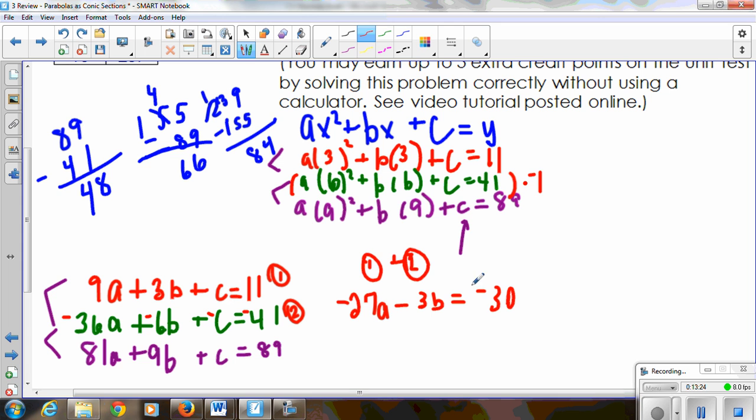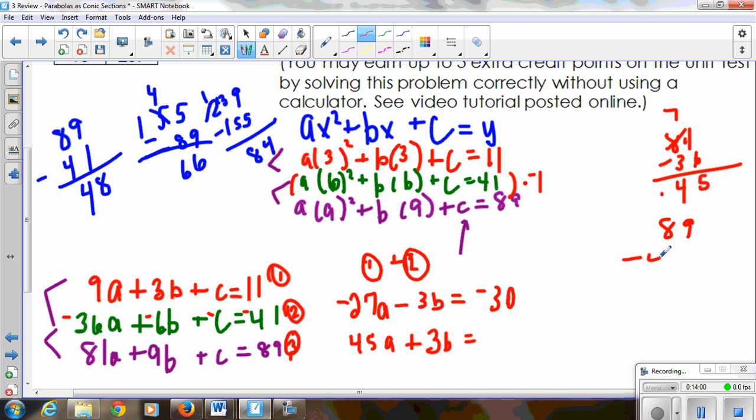When I combine the second and third equations, I'm just going to put this right underneath. When I combine 81 minus 36, let's do that up here, since we're not allowed to have a calculator, I'm going to have to borrow. 11 minus 6 is 5, 7 minus 3 is 4, so that gives me 45. So I'm going to have a 45a. I've got a positive 9b together with a -6b, that gives me a positive 3b, and then 89 minus 41,